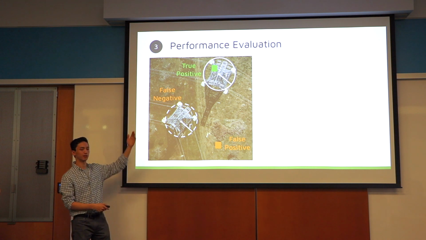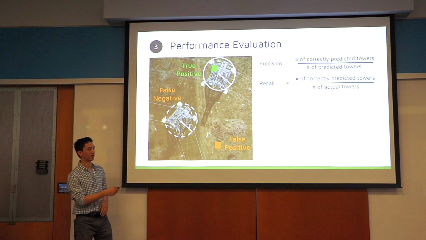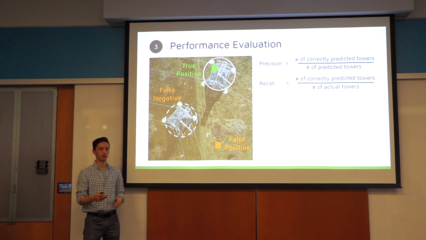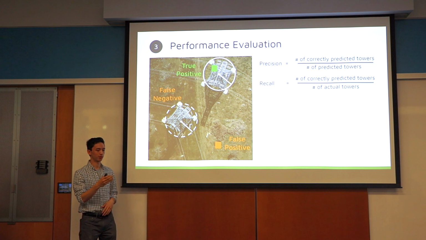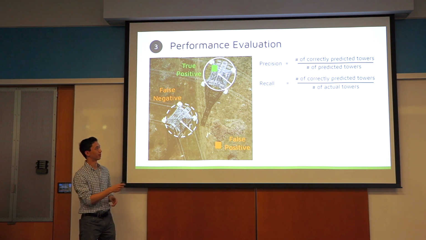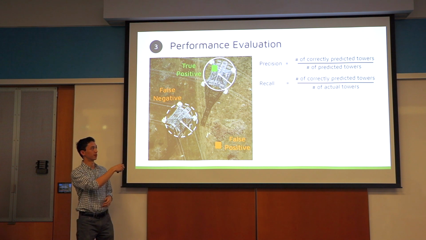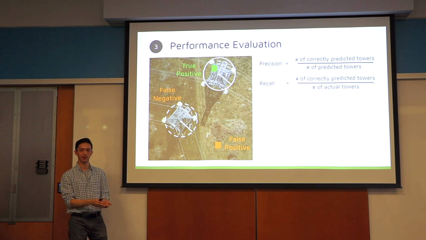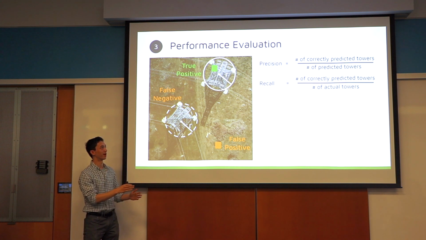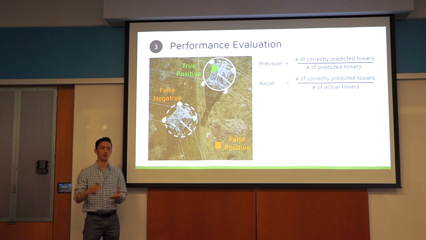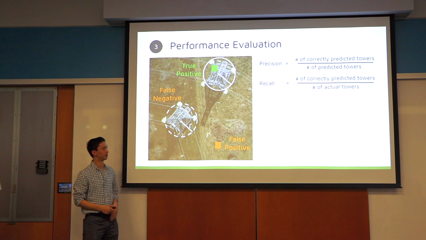So once we've decided whether each tower was identified or missed, we can calculate the precision and recall, which are metrics that are commonly used for this type of task. The precision is the number of correctly predicted towers over the number of predicted towers, and the recall is the number of correctly predicted towers over the number of actual towers. To make that a little more intuitive, the precision is basically telling us, of the things that the model said is a tower, how many of them really are a tower. And the recall is saying, of the actual towers there, how many of those did the model find? So you can see they're both very important things. They're slightly different, but the main thing to keep in mind is that you want both your precision and your recall to be as large as possible, which means as close to 1 as possible.